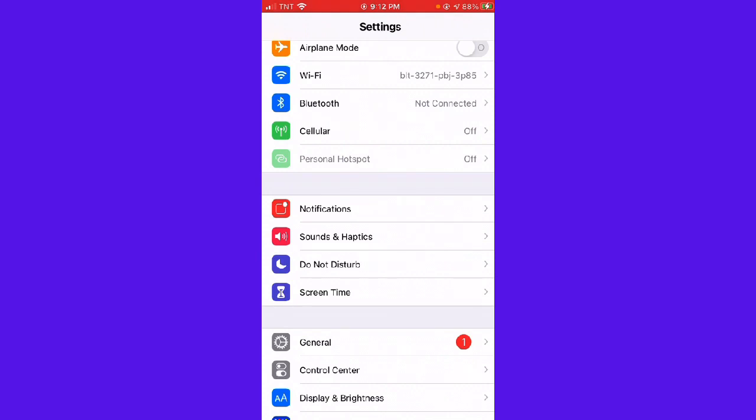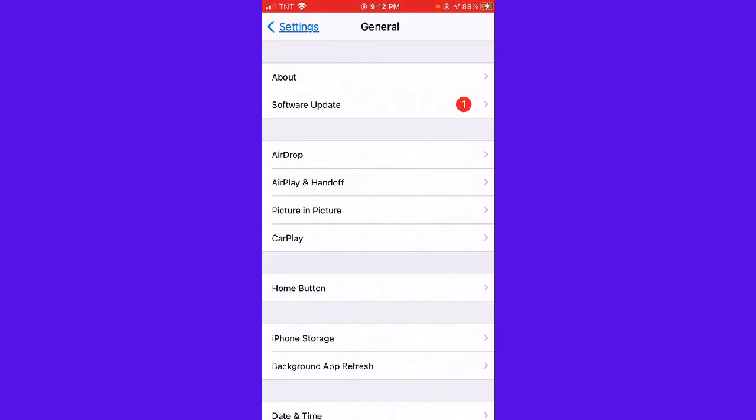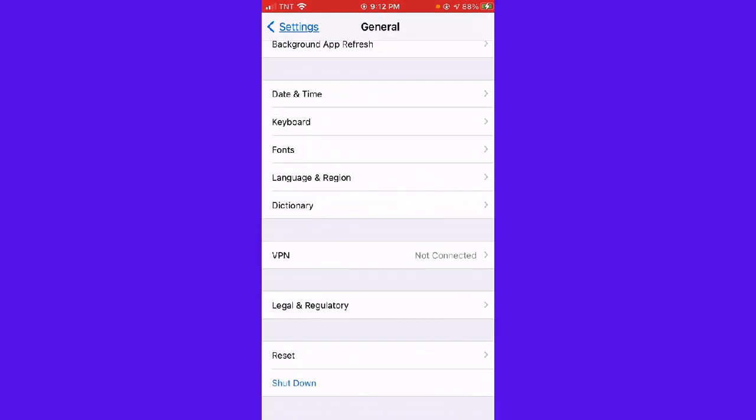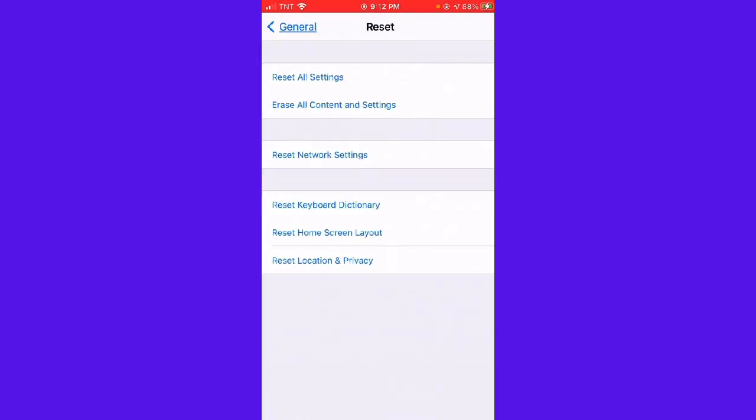So first, you want to open your settings, and then after that, scroll down, then click on General, and then just scroll down and we'll see Transfer or Reset iPhone. So just go ahead and click that, and then here you want to click Reset Keyboard